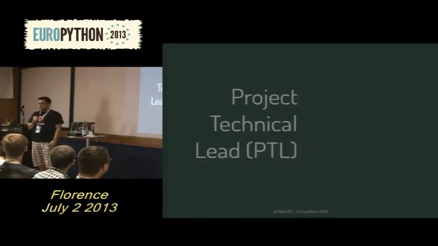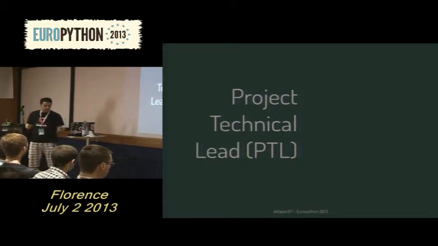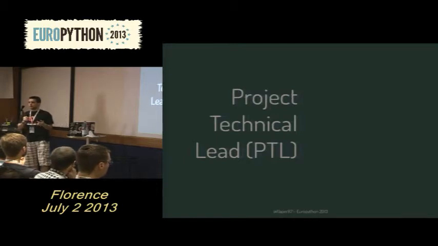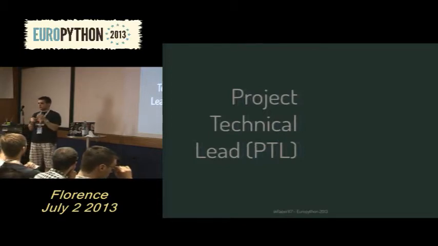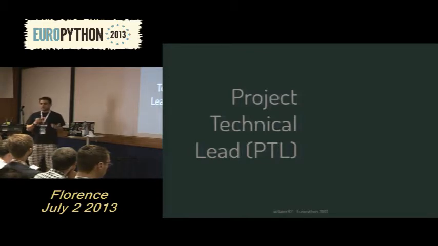But we do have project technical leads. A project technical lead is one person responsible for keeping track of a specific release cycle and all the changes happening in a single project, right? So Nova has its PTL, Glance has a PTL, Cinder has a PTL, and so on. Those PTLs are elected by the active contributors, so every single release, when a release happens, new PTLs are elected for the next release cycle.